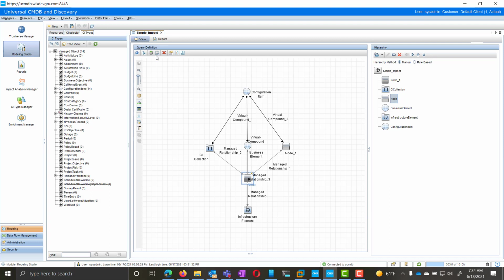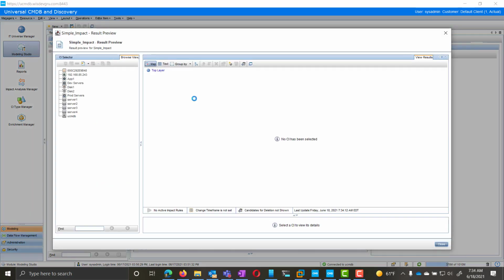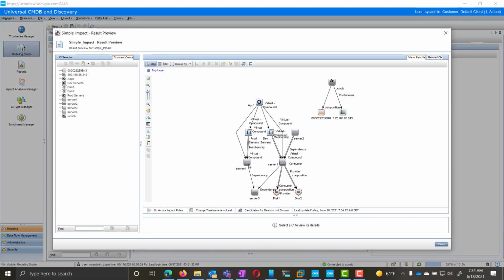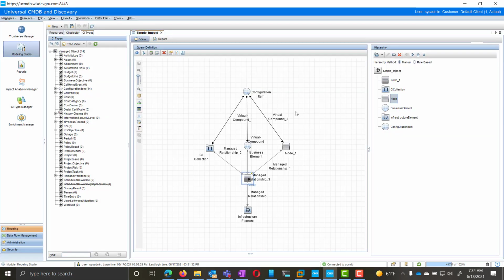If we look at what this view looks like in the UCMDB Java client, we can click the preview button. And we can see that this is the middle server where the parameterization happens. And we can see upstream and one hop downstream. And it's showing us pretty much everything that passes that because we're using a wildcard. So once you save that,